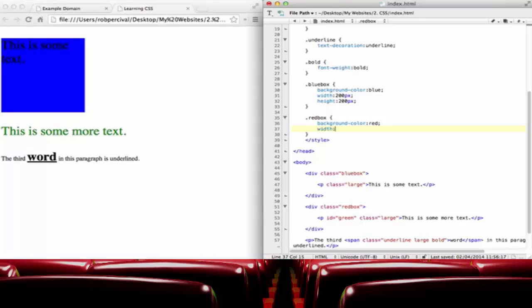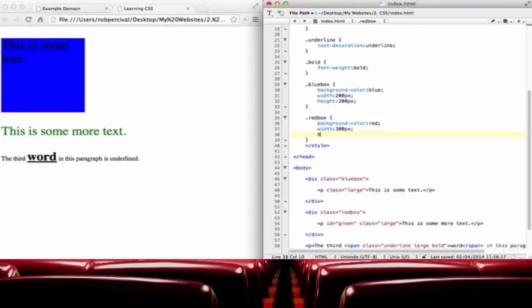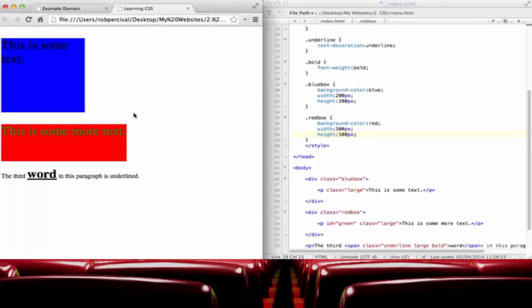So width 300 pixels and height 100 pixels. There we go. So we've got our blue box div, which is 200 pixels by 200 pixels with a background color of blue, and our red box div, which has a background color of red and is 300 pixels wide